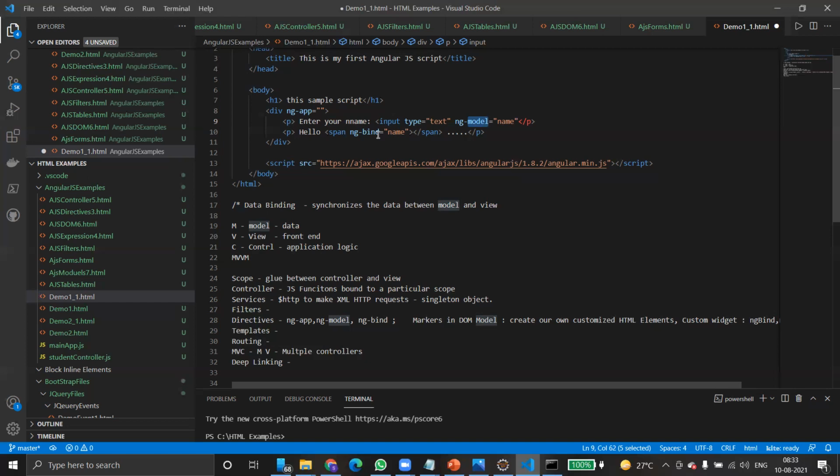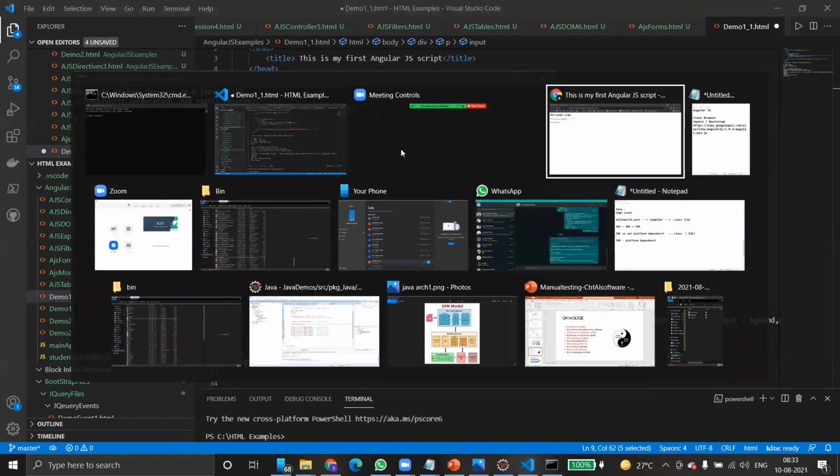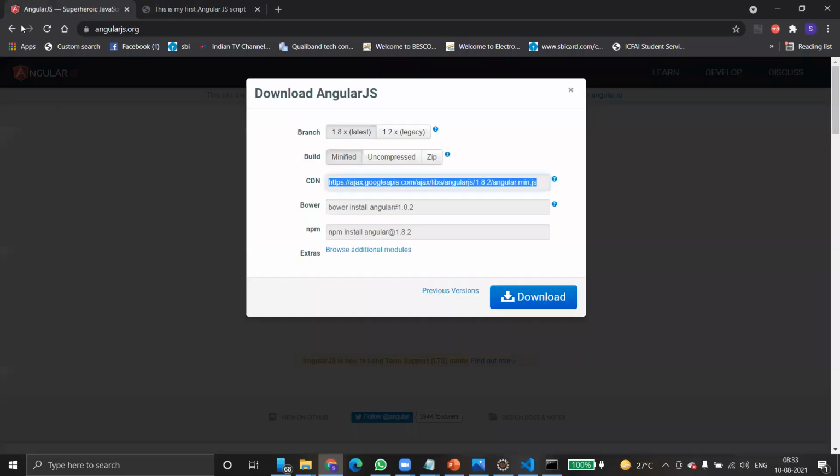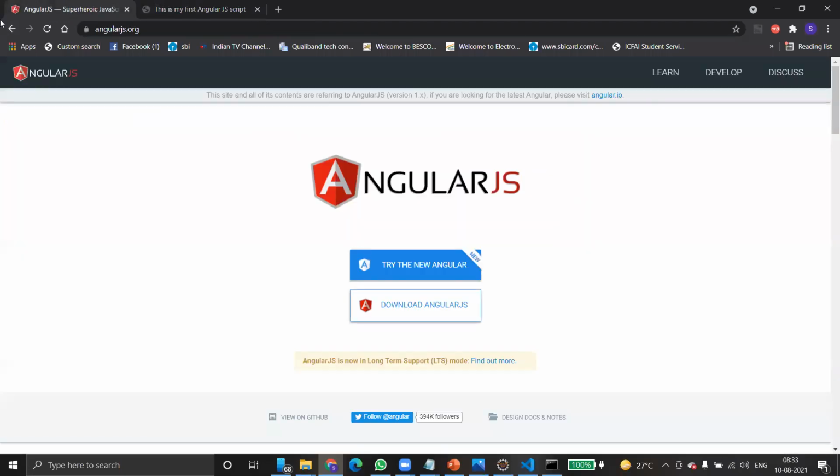Now, what is the environment setup? The environment is very simple. You can directly go to angularjs.org, where you can see two options. You can either download the latest version, or you can go to the second version which I have tried. Under AngularJS.org there are two options. This is the latest version. It might be a beta version also, so some of the features may not work.